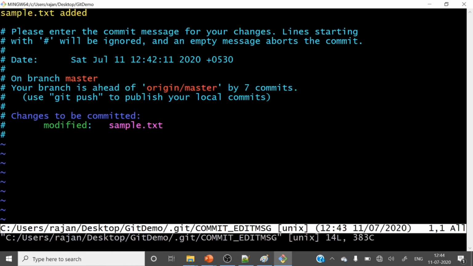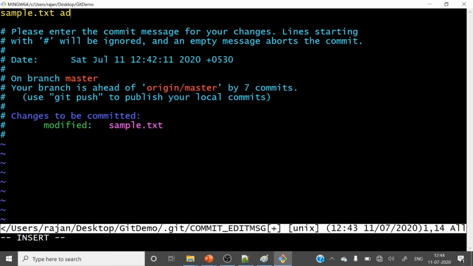So how will you change it? Just hit I for insert, and then change. New file added by Rajnikant. Yes, then press escape and :wq.